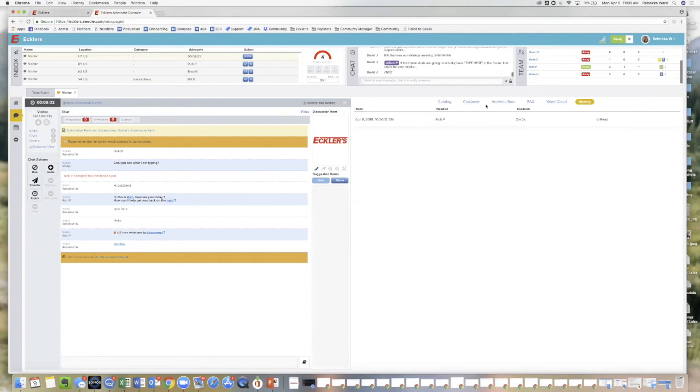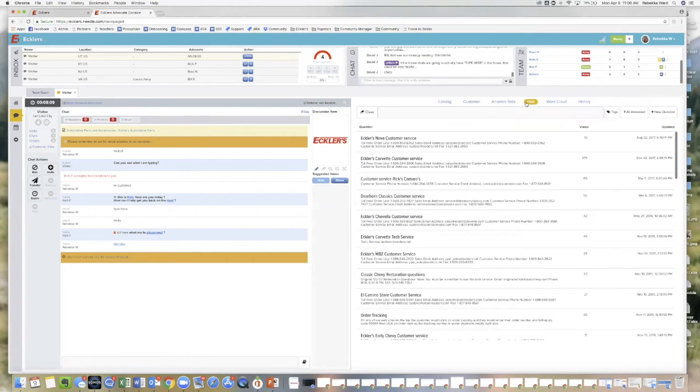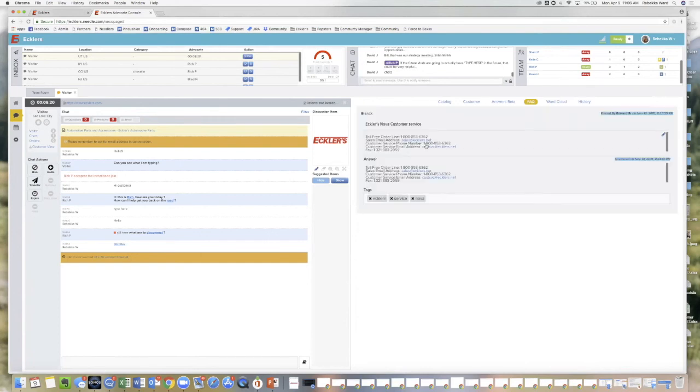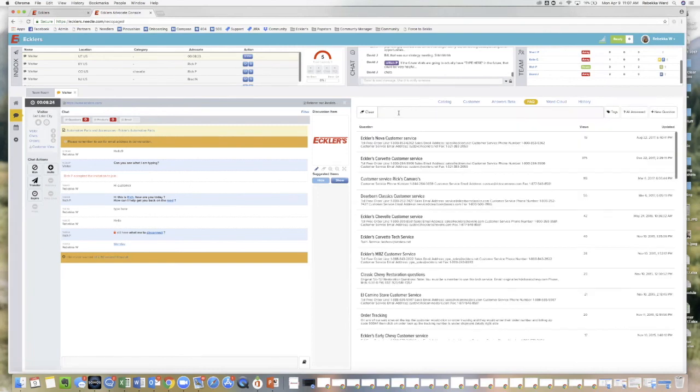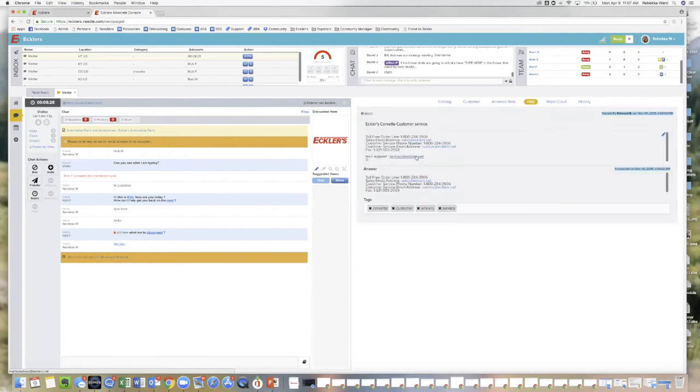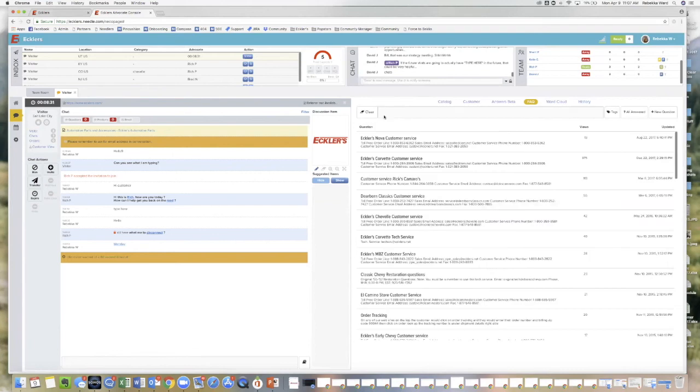Over here, you have a couple more useful tabs. The FAQ tab is awesome. This is, like it says, frequently asked questions. You can actually search by tag, right? So what's a good one to search? Okay, so I can search all FAQs that have to do with Corvette,